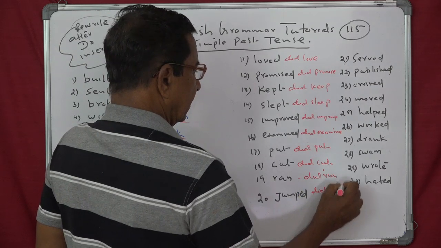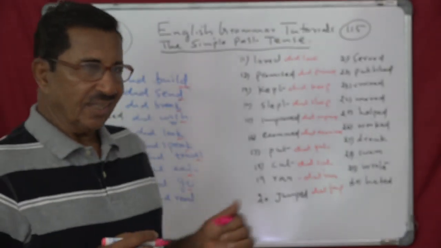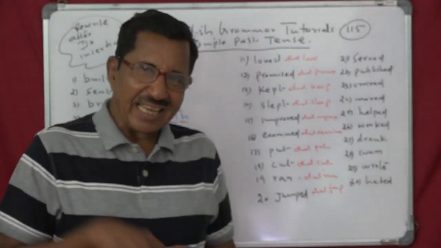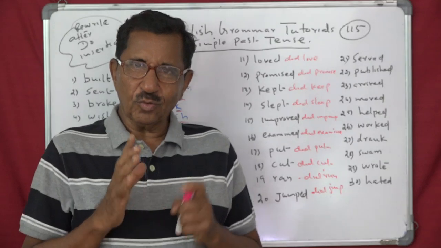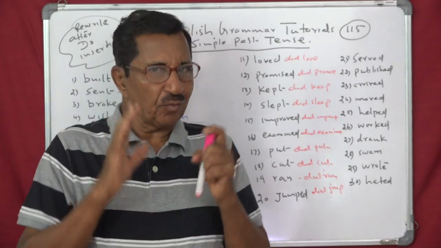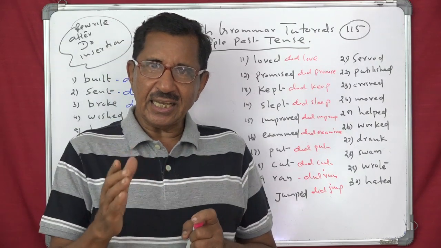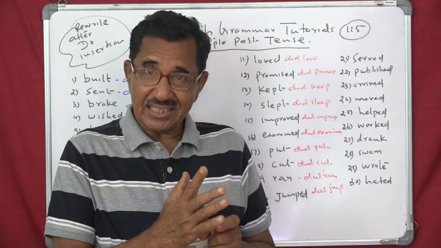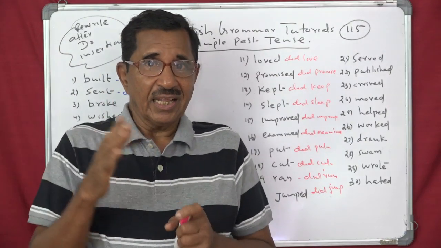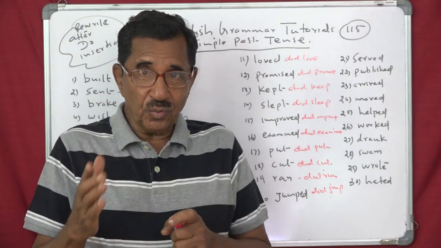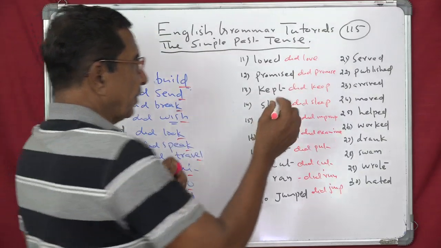Did jump. Understand? Not "did jumped." You got that point? Because if you want to make any transformation or any change in the simple tenses, you have to take the help of do. We have seen that in the present tense. He eats, he does eat, he does not eat. They eat, they do eat, they do not eat. Like that. Now here, did serve,